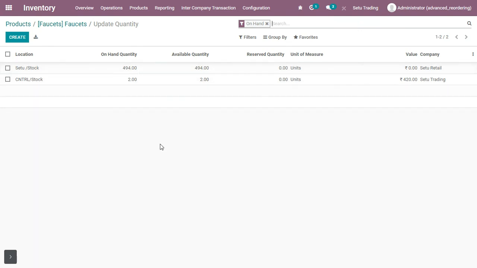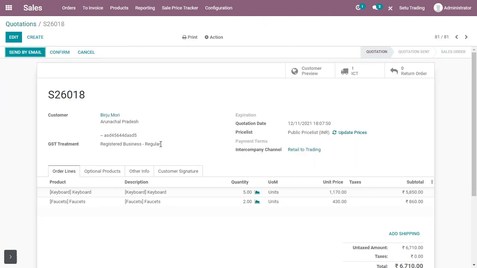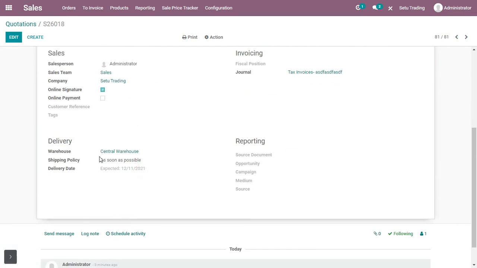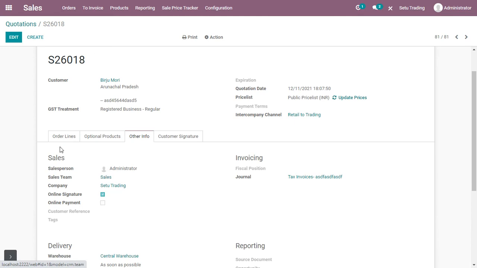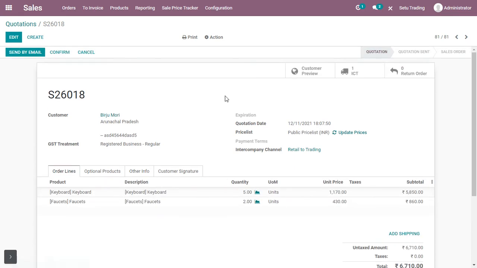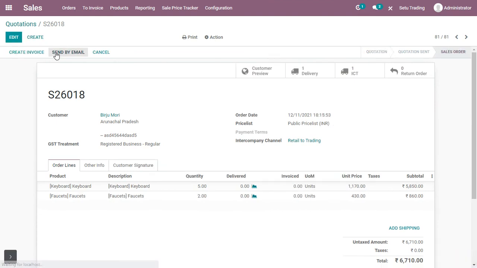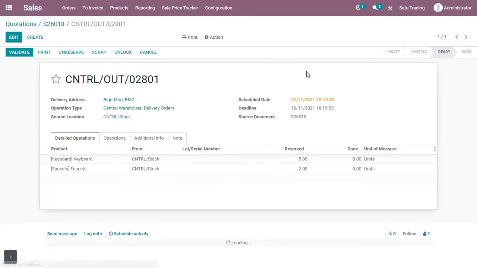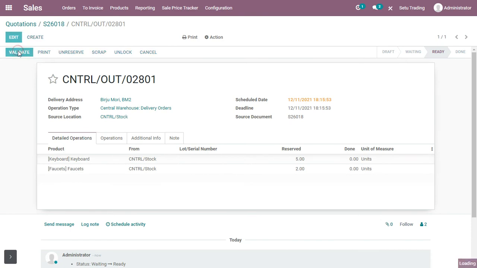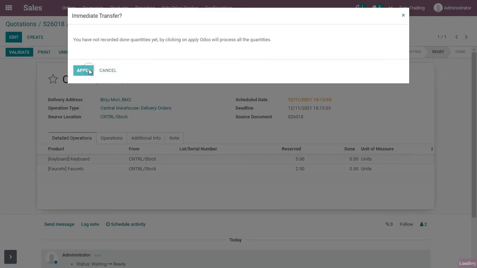So let me switch to sell order again and confirm this sell order. You can see over here that now both these products, that is keyboards and faucets, are available in this central warehouse, which we saw previously was not available before creating this ICT. So next, let me confirm this sell order and then the delivery order for this sell order. So let me validate it. Okay, all quantities in done state,